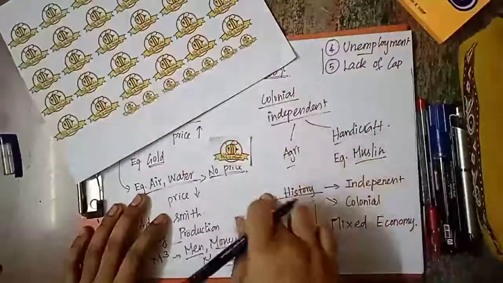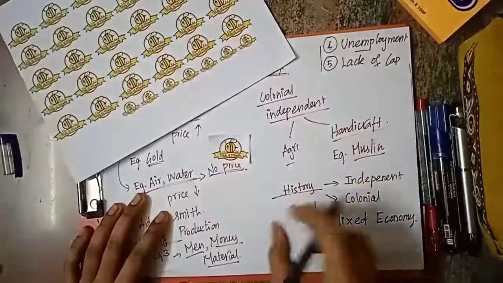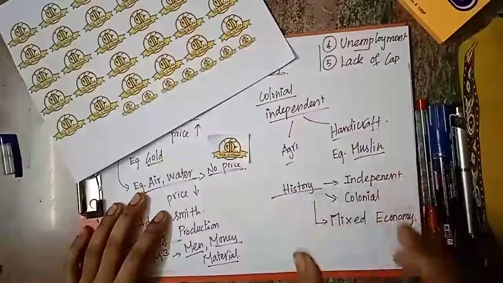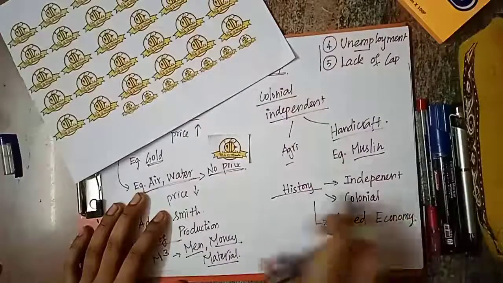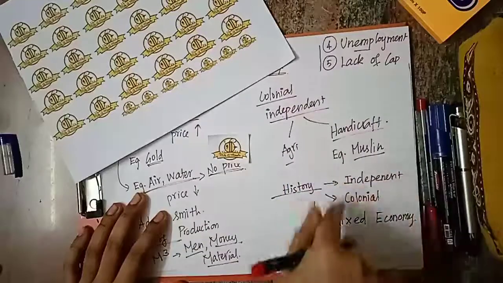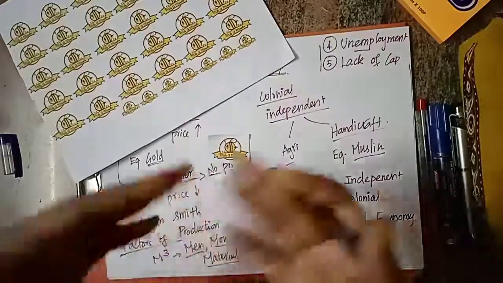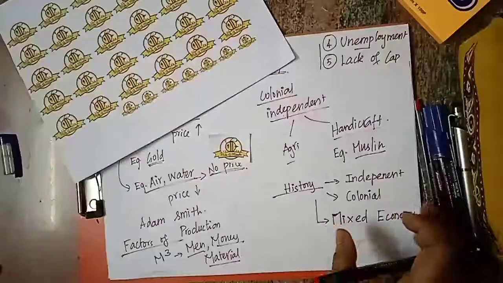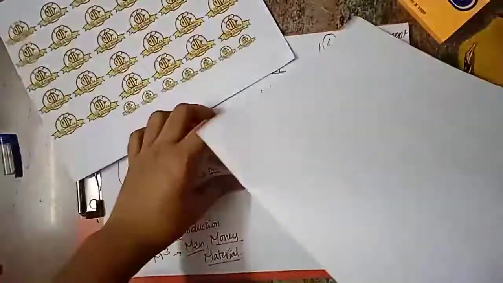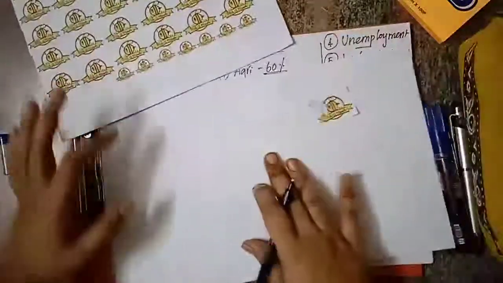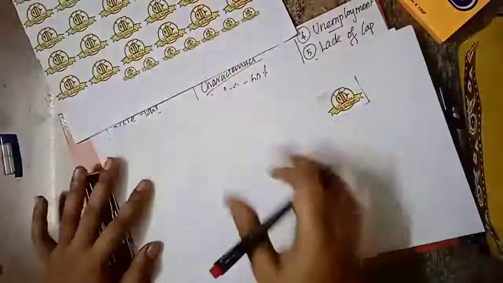In economy, in the last class we have seen the history of economy, how economy existed, how we have chosen our economy. Everything is discussed in our last class. In today's class, we will discuss the sectors of economy. What are the sectors in our Indian economy and what are the color jobs? This is a basic thing which can be asked in match the following or something.